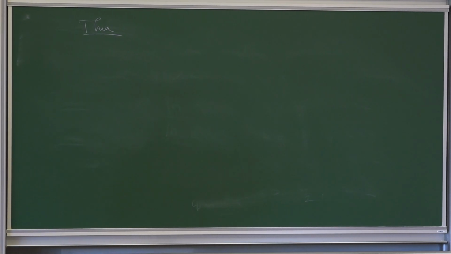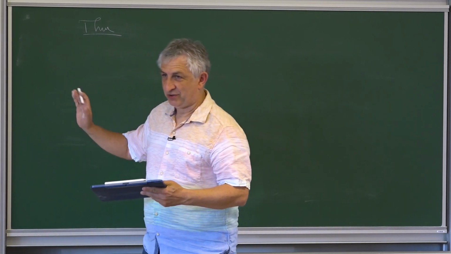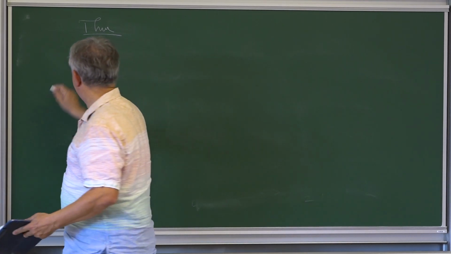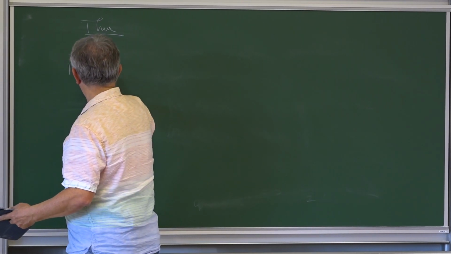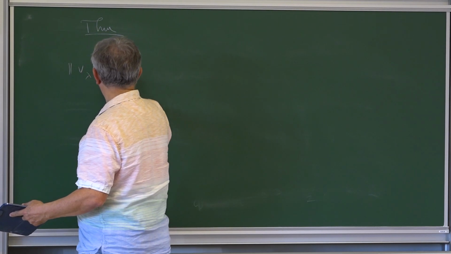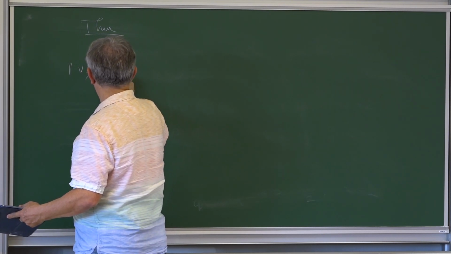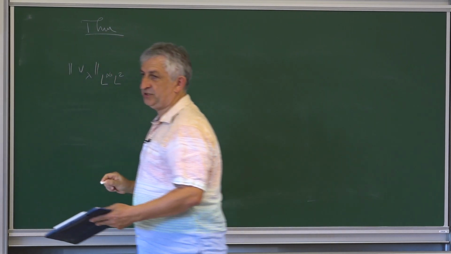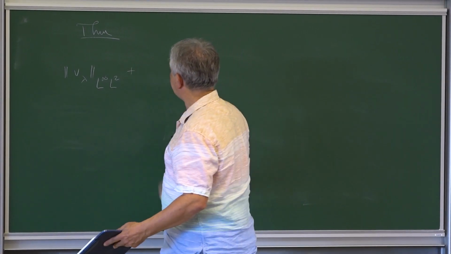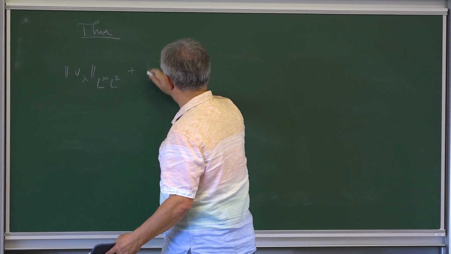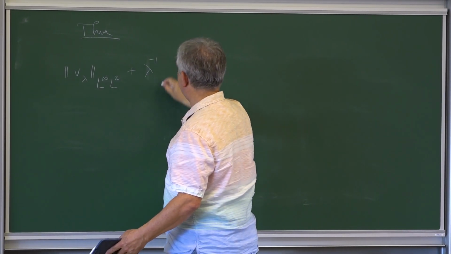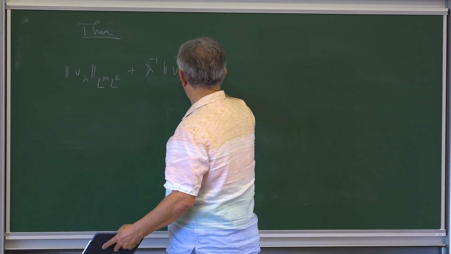Okay, this will require a little bit of a leap of faith. So I want to estimate V lambda in two ways. One is L infinity L2, so this is the energy norm. And the second one, which carries a factor of lambda inverse, is the norm of V lambda